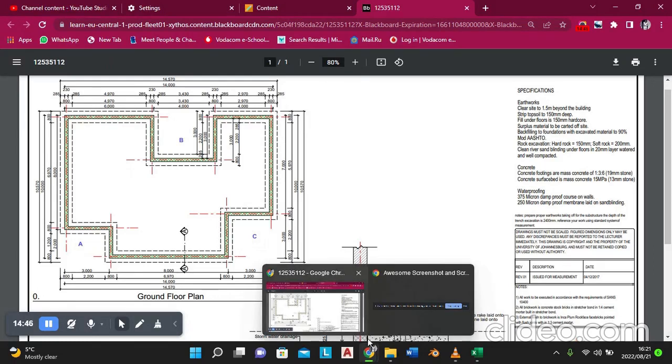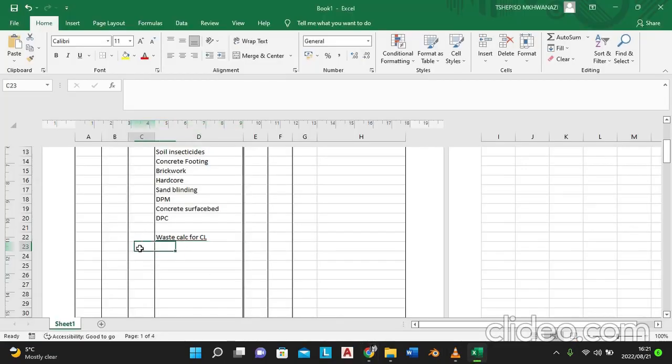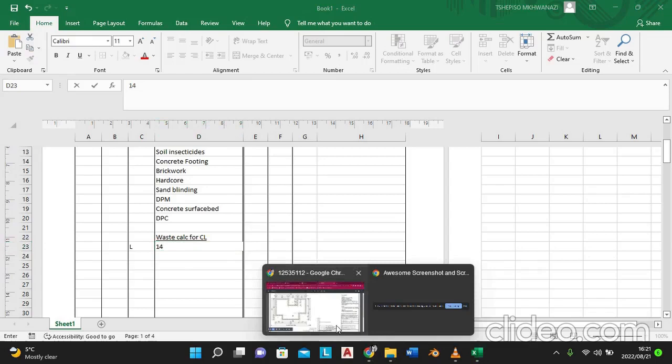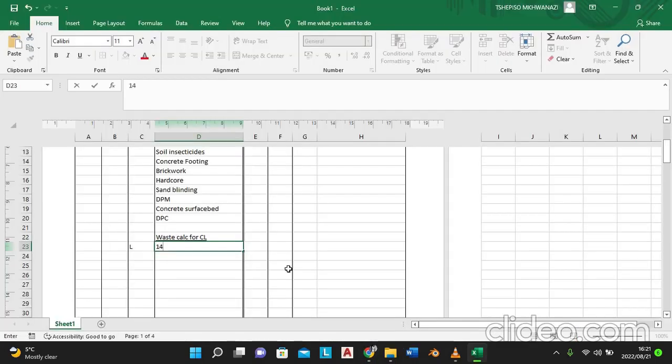Now I can put my dimensions so that I can calculate my center line. This is our width calculation. Let me say the length is 14,000. Let me combine them. 14,570. Yeah, it's 570. And then our width is